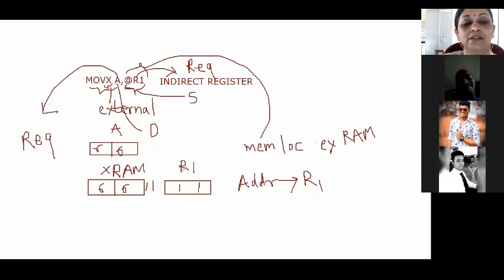So the register R1 is pointing towards external RAM, to the location 11 hexadecimal. At this particular location, the data present is 66 hexadecimal. And this is acting as a source. This data will be transferred to the accumulator. So after execution of the instruction, the accumulator will contain 66 hexadecimal. Okay. Are you clear about this, students? Yes.